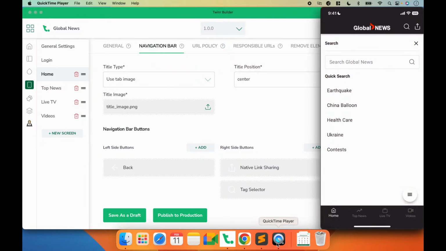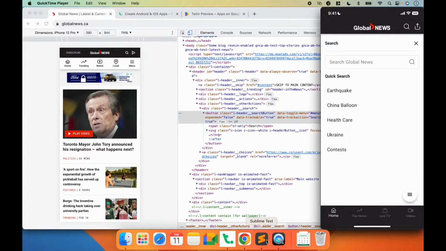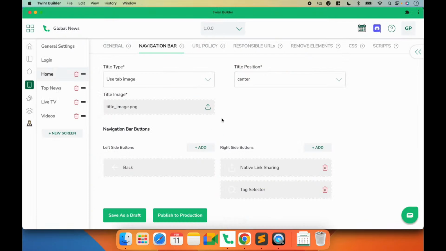So you see that's how basically we can mimic the exact behavior. So basically what you did is remove the element from the web page, right? You don't want to display it in the mobile application, but at the same time you don't want to lose your functionality as well. Okay, so that's why, as I said before, all the customization features are really useful